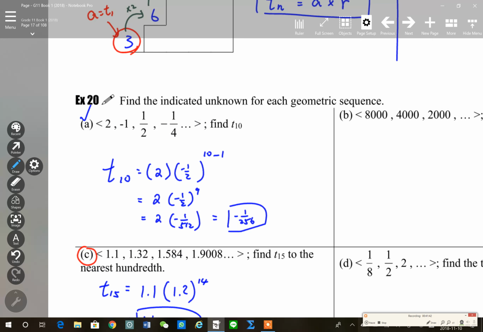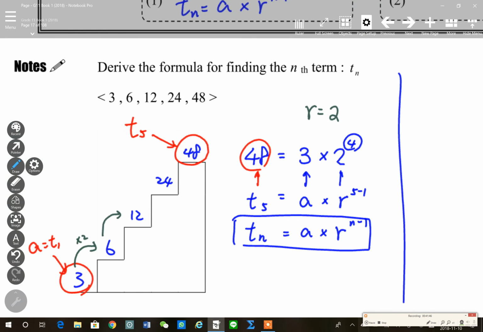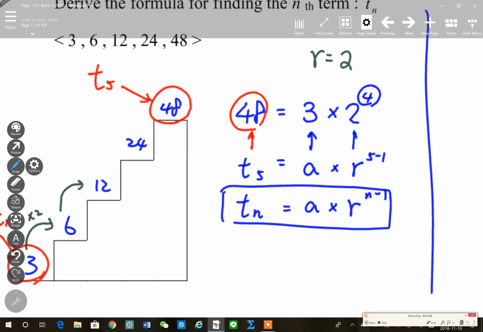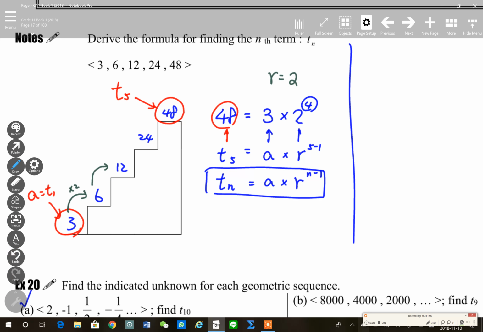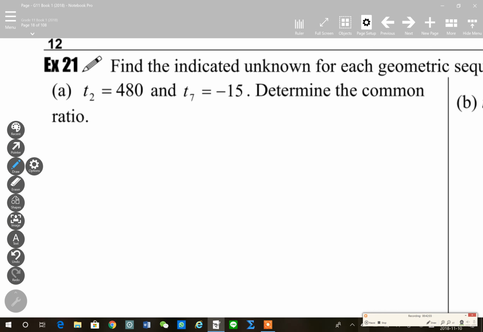Okay, the first formula, if you want to use it, listen up. You must know the first term. You must have the ratio. And of course, you need to know which term you want to find, the place. But sometimes that's not the case, right? Life is not perfect. For example, like this one,